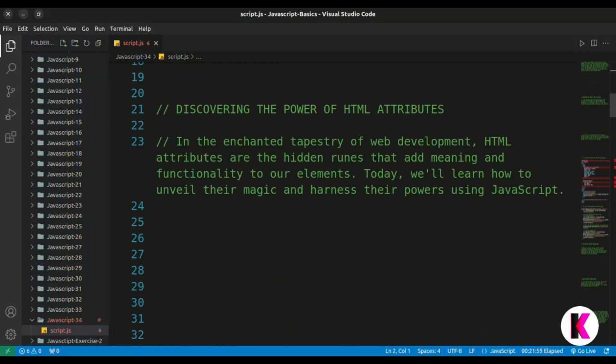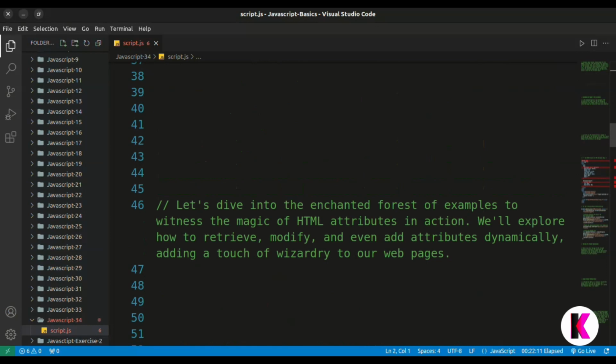HTML attributes are the hidden rules that add meaning and functionality to our elements. Today we will learn how to unveil the magic and harness their powers using JavaScript. So let's dive into the enchanted forest of examples to witness the magic of HTML attributes in action. We will explore how to retrieve, modify, and even add attributes dynamically, adding a touch of wizardry to our